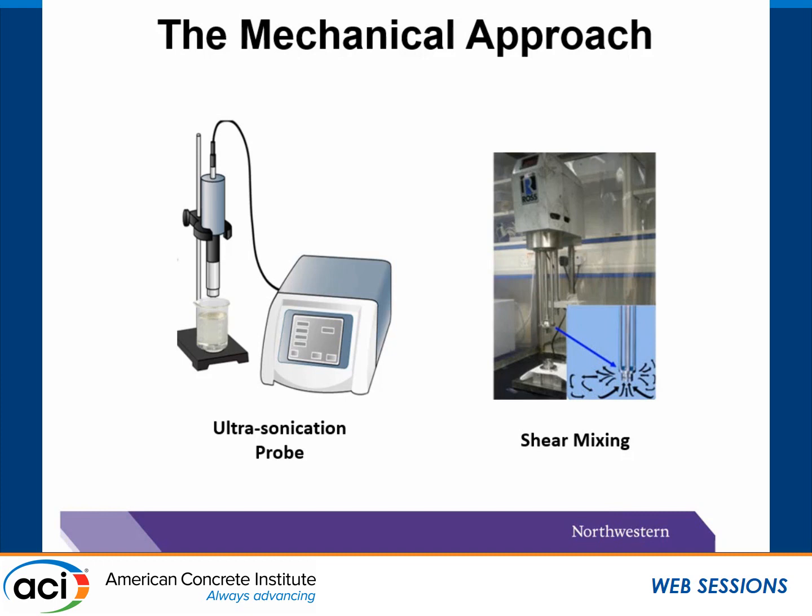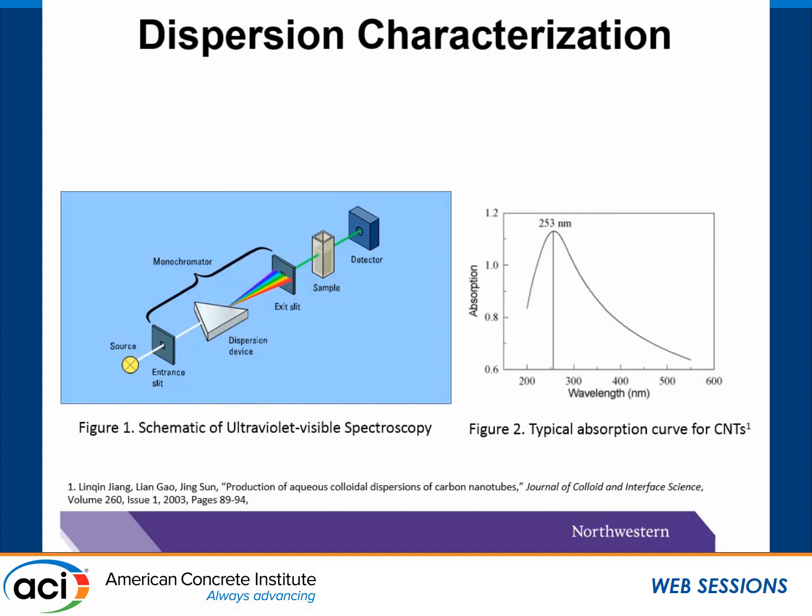High-intensity shear mixing, shown on the right, is an alternative option for large-scale dispersion with higher content of CNTs. The final step of CNT processing is the evaluation of the dispersion effect. The commonly used method is